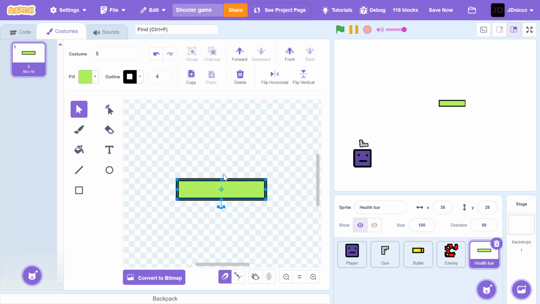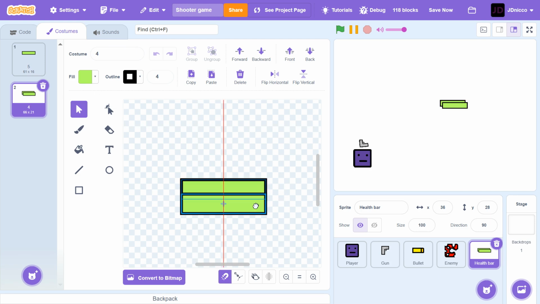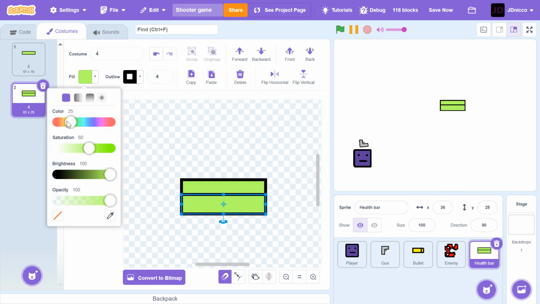Okay, 15 squares. So this will be 5, and then this will be 4. And to make 4, we will copy and paste it and change the colour to red